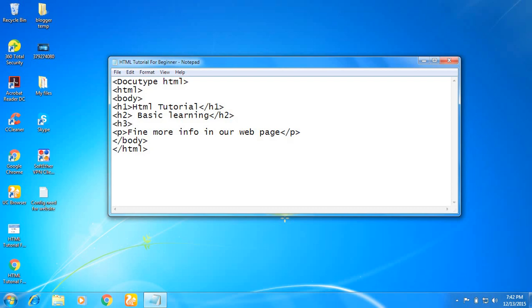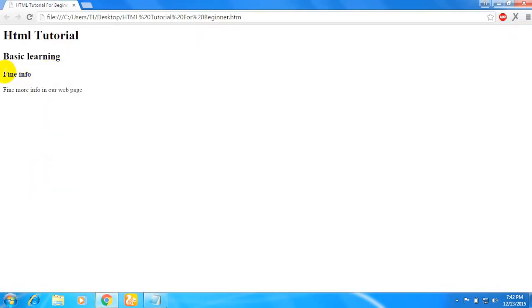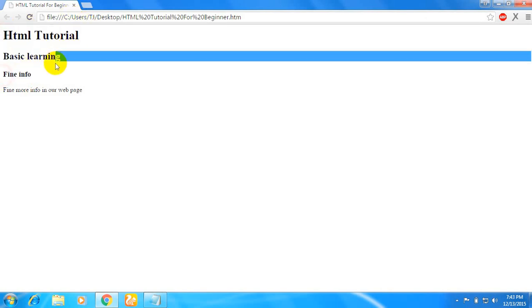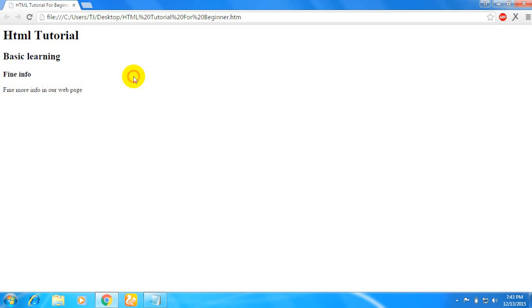If I use H3, find info, let's take an example: open H3, oblique H3, close tag. Let me save it, and as I already saved it, let me open this. You can see this, find info. This is header 1, header 2, header 3, paragraph. So this is the basic tutorial which you have to learn,